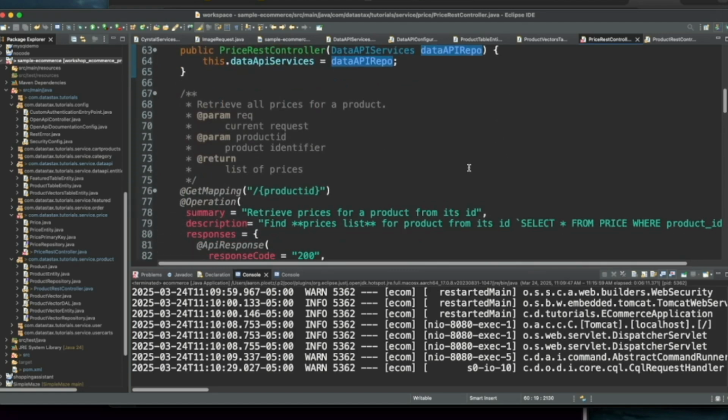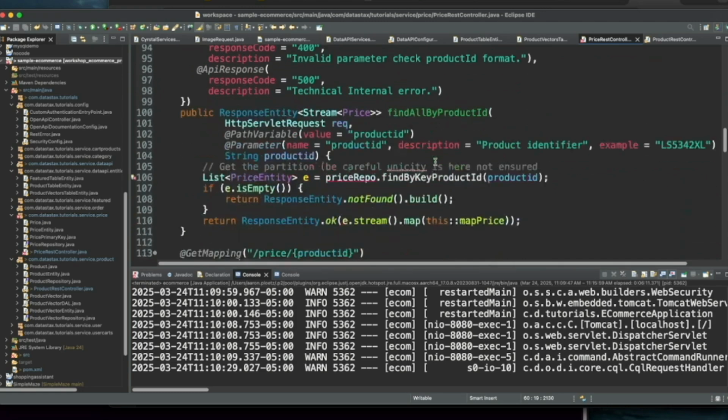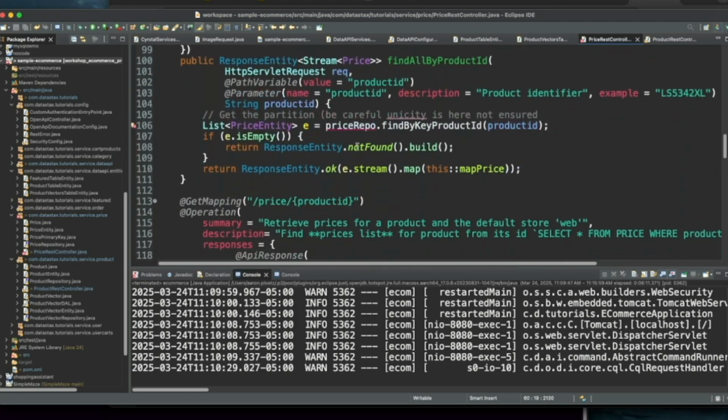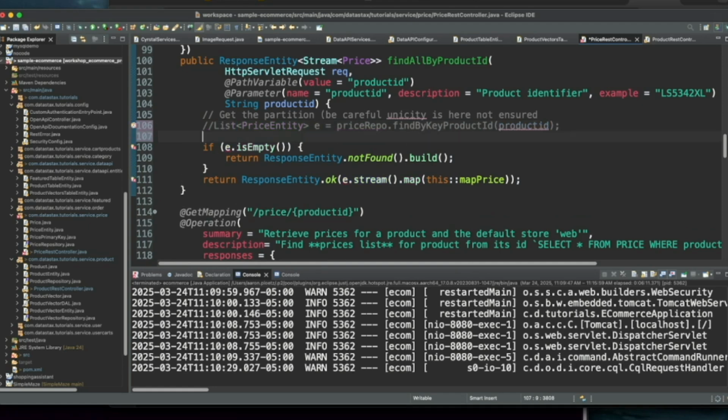All right, so let's go down here a little bit. Okay, so of course it's having a little bit of a problem here with our find by key product ID because, well, that doesn't exist anymore. So let's say,